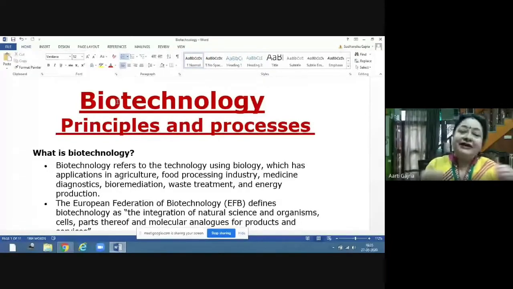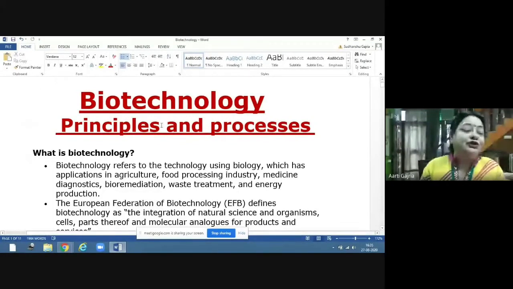Another thing is, even if we get the desired qualities in the progeny, there are chances that whatever genes we do not want that were present in the parents will also come in the progeny. So the undesired genes will also get transferred. To avoid that, biotechnology, genetic engineering, was discovered, and here we can select the gene of interest and put only that gene of interest into the host organism. So we will see how this is being done.